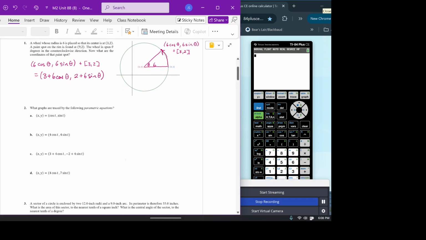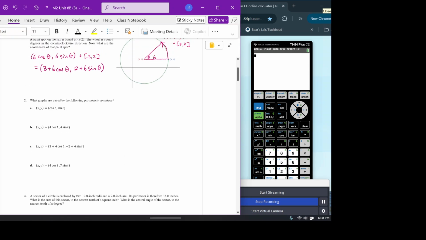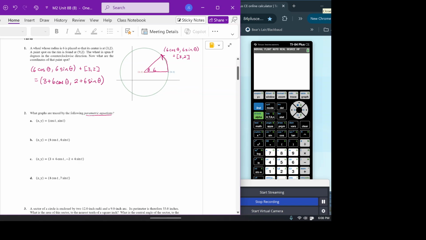Number 2 for 8b. This uses a new term called parametric equations. This is where you define points. Like if I wanted to define this circle as a parametric equation, I could say let x and y be 3 plus 6 cosine theta, 2 plus 6 sine theta. And in this case, the parameter would be theta. And the idea is that you could essentially plot out a whole bunch of points,